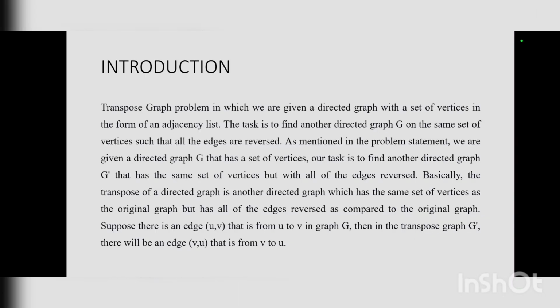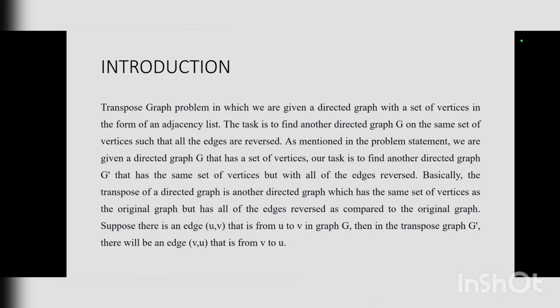Transpose graph. The transpose graph problem is one in which we are given a directed graph with a set of vertices in the form of an adjacency list. The task is to find another directed graph G' on the same set of vertices such that all the edges are reversed. As mentioned in the problem statement, we are given a directed graph G that has a set of